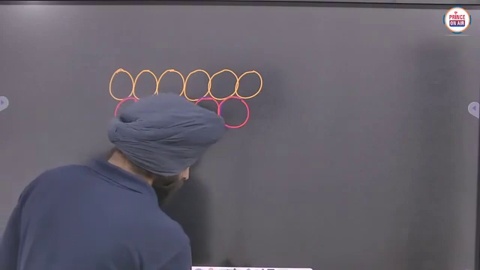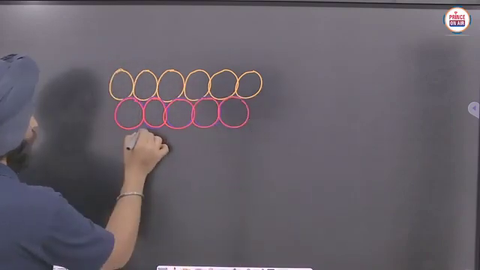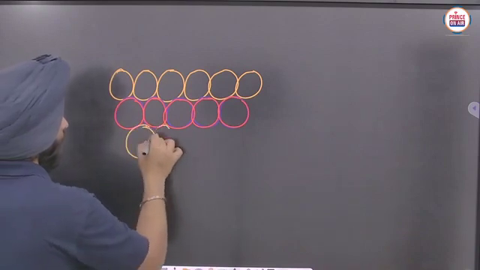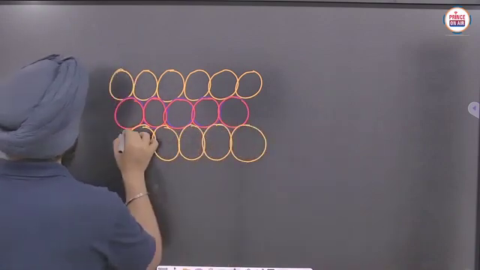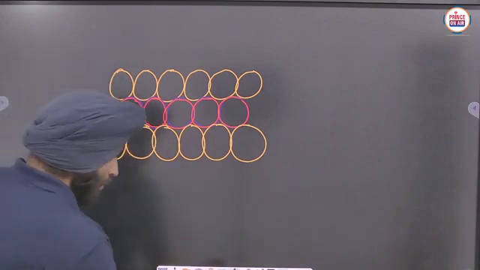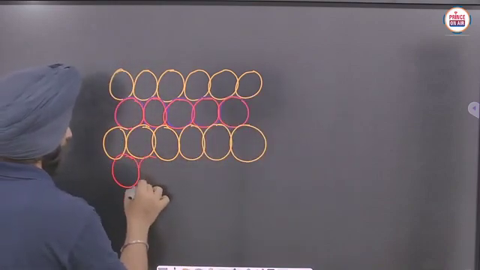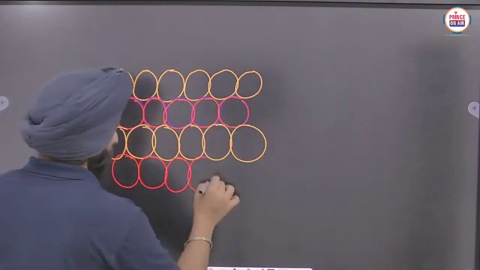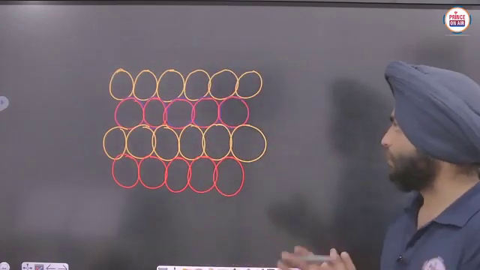Next one is... okay, clear? Another one will be... okay. So in that way we have made those layers.